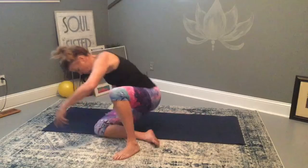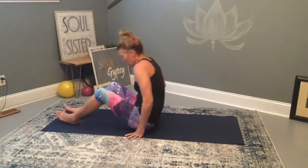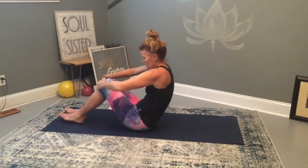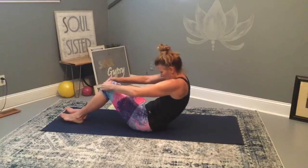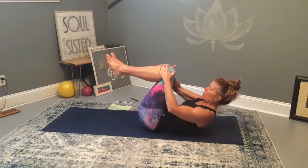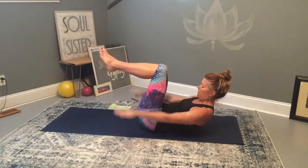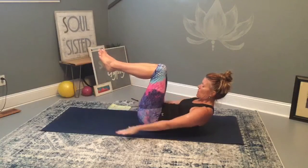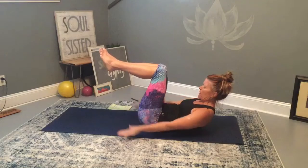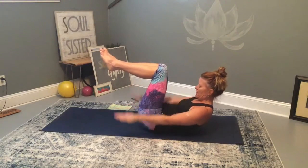So we have our 2 exercises on our backs, 100 and the leg circles. Remember that anytime we go down to our backs, we want to round, scoop, and roll down. You can bring your knees in with you, keeping those knees bent, arms at our side. Go ahead and begin your pumping, your 100. Remember, 5 pumps for an inhale, 5 pumps for an exhale. 100 total pumps, chin to chest,